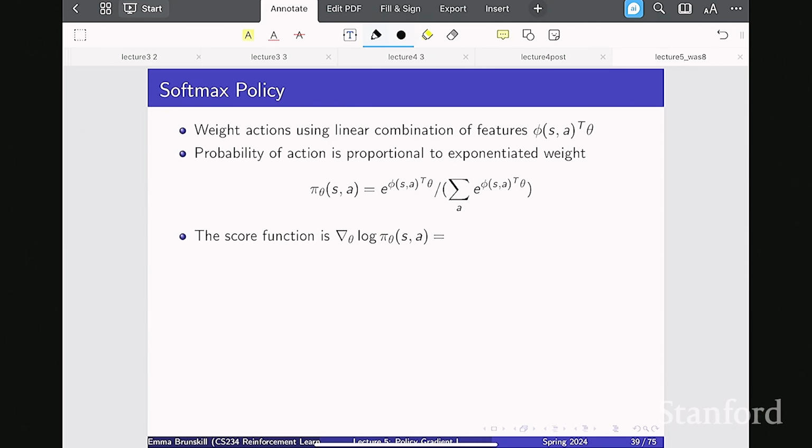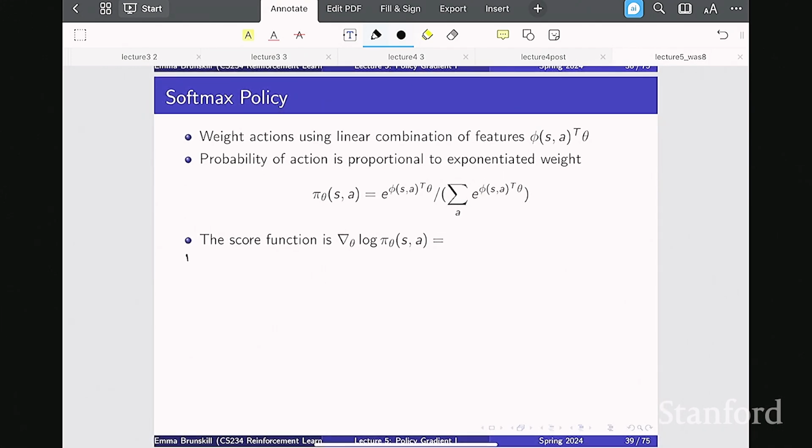Okay. And the nice thing about this is that we can take the derivative of this very easily. So we can just do that quickly here just to illustrate. This is just to illustrate that it is often very feasible to take the derivative with respect to the policy parameterization. So this is just going to be the derivative of the log of e to phi(s,a) transpose theta divided by the sum over actions. Okay. So we can do this here, and we can rewrite this here as